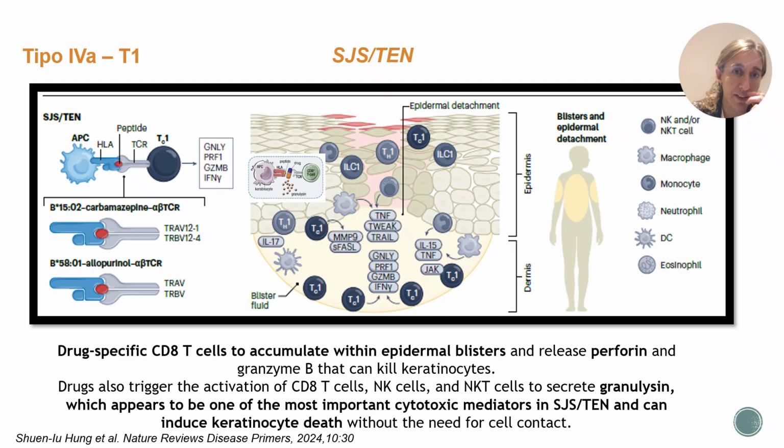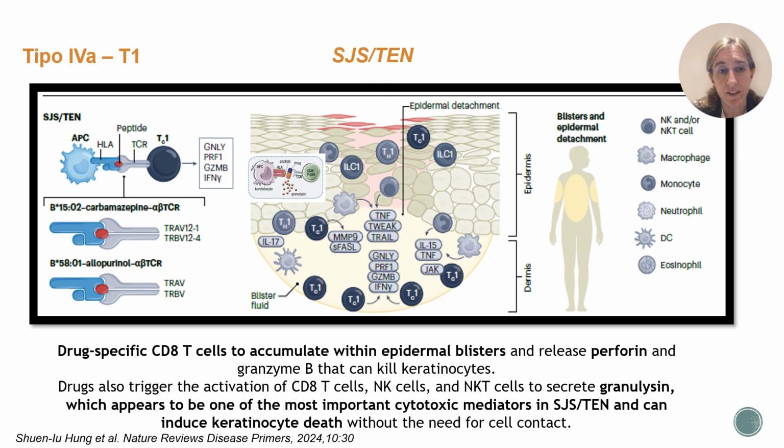Stevens-Johnson and TEN are primarily mediated by these type 1 cytotoxic lymphocytes, recognizing the drug antigens that are presented by the HLA. These activated T cytotoxic cells, and also natural killer T cells, are the ones that produce the cytotoxic proteins. For example, you have here granulysin, perforin,